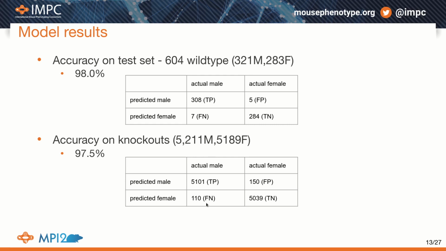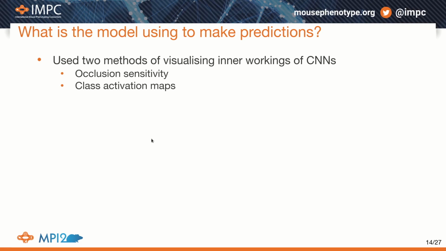And in particular, we are going to be looking for it later on in the number of false negatives. So we've restricted this presentation to just the males. So the number of males that were predicted as females is going to be important later on. In trying to determine what the model was using to make its predictions, we used 2 methods of visualizing